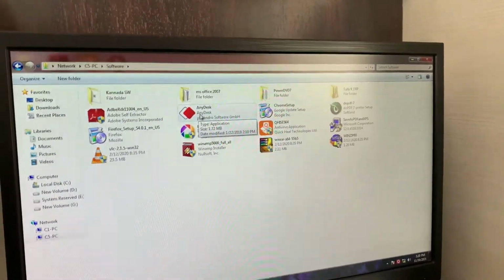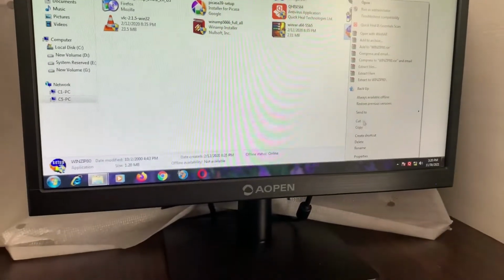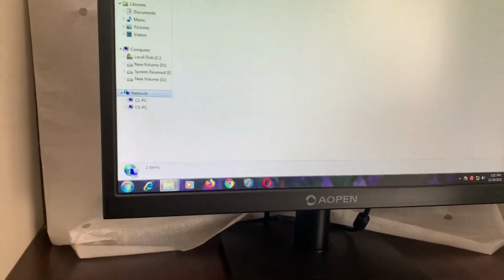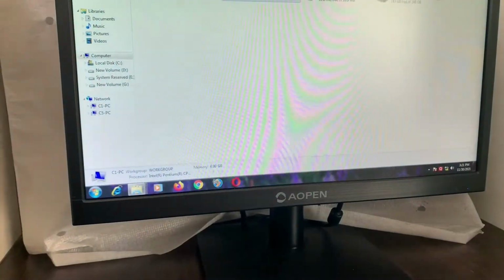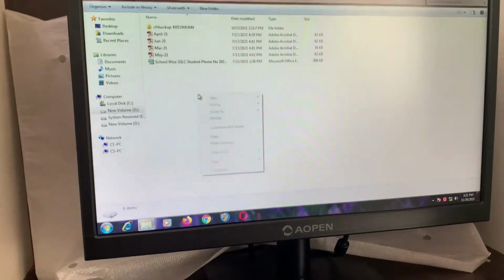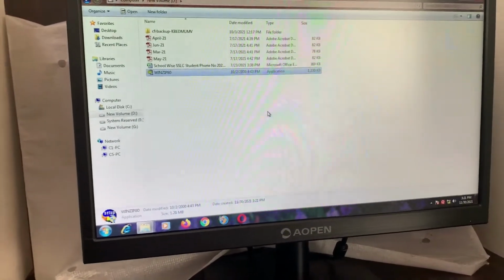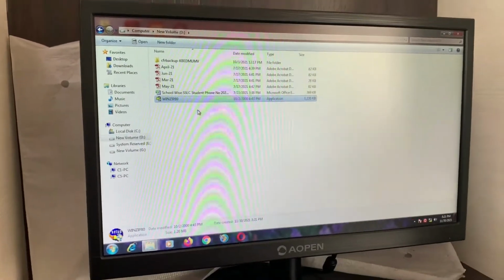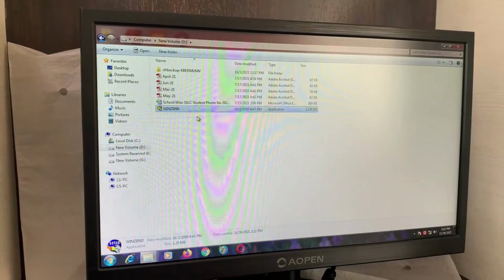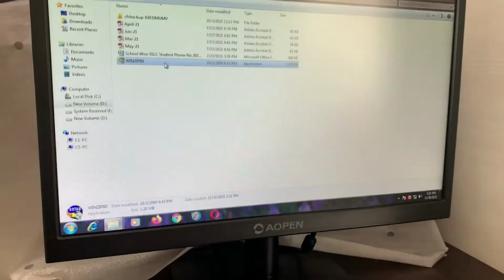If you want this in your local system, then copy any one of the files, click copy, and in your D drive, yeah, you can paste it here. It's copied. If you give the read and write permission, then only it will copy. If you only give the read permission, then you can only see it. Okay, just be sure of that. Now the process is over.